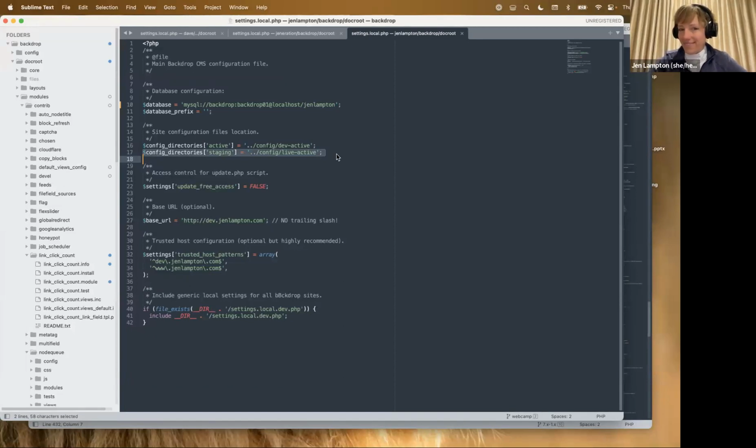Okay, so for my very simple use case here, the one thing that's confusing is that my staging directory is named live active. The reason it's named live active is because both of these directories are managed in version control, both the one that's running my dev site, which is called dev active, and the one which is running my live site, which is called live active. And by organizing this way,